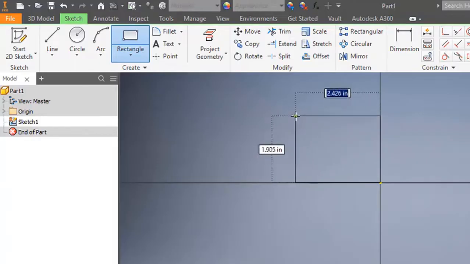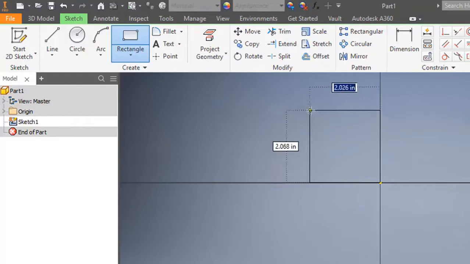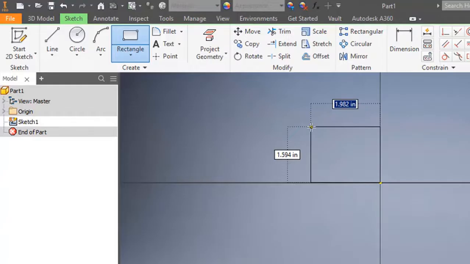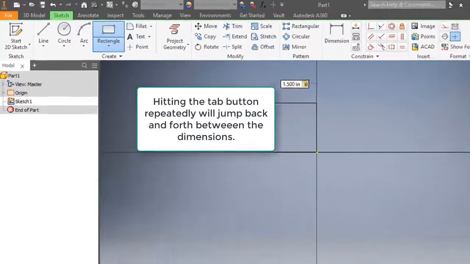Click and release, and then I see those measurements popping up as I make this bigger. They're changing, smaller and bigger. And while that's blue, I can go ahead and put in my dimension. So I'm going to change that 1.789 to 1.5. So I just type 1.5, and now to jump to the other dimension, I hit my tab key. Now you can't see me doing that, so you just need to be listening. So you hit your tab to go over there, and I go 1.5, and I know that I set it in inches, so we should be good, and I hit enter,